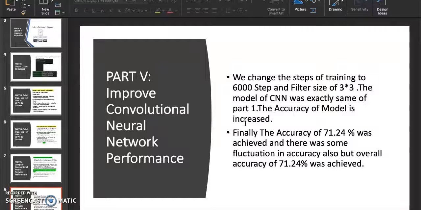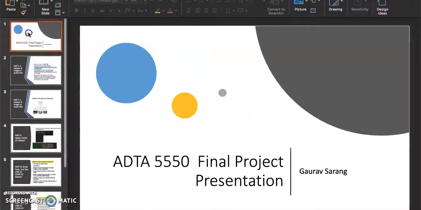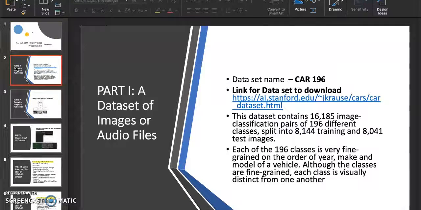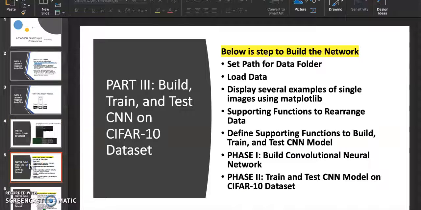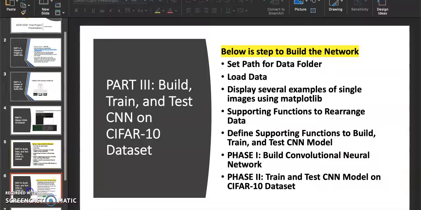So this was my final presentation. Let me reiterate everything. There were 6 parts. The first part was to search for a dataset of images and audio files which have labels. The second part was to upload that data to our remote server. The third part was to build, train and test a CNN on the CIFAR-10 dataset.